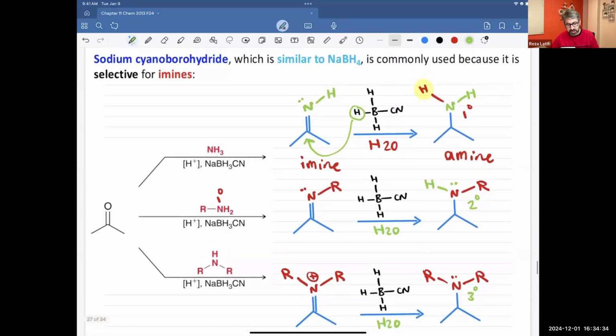So as you see, it depends on what you start with. If you start with ammonia, you get a primary. If you start with the primary amine, you get a secondary amine. And if you start with a secondary amine, you get a tertiary. Always, by one unit, you go up: your amine will be one unit higher than the starting